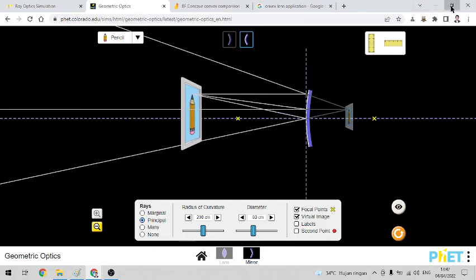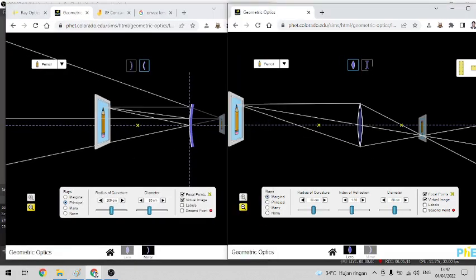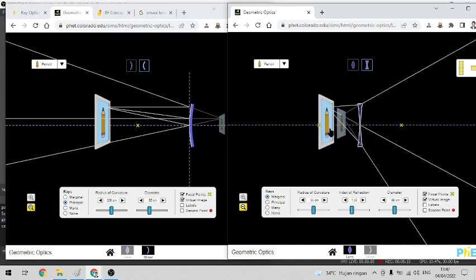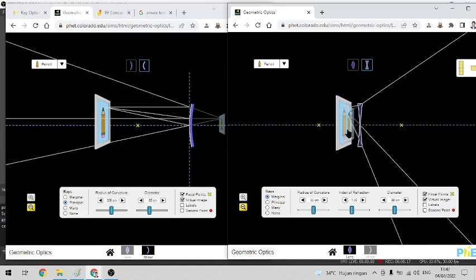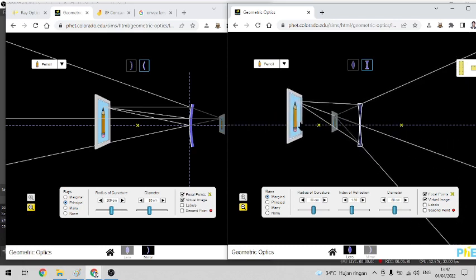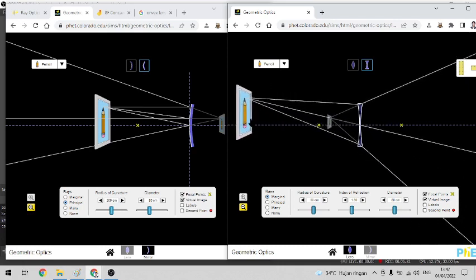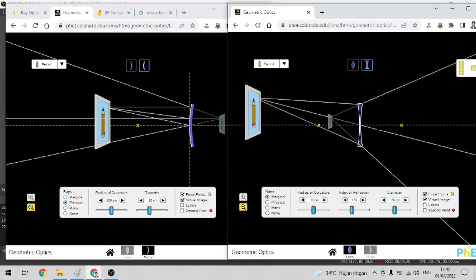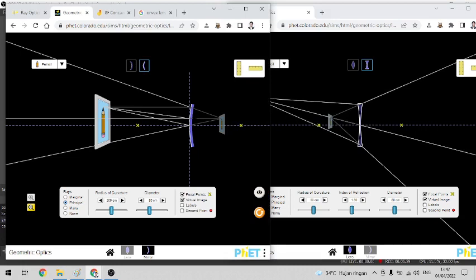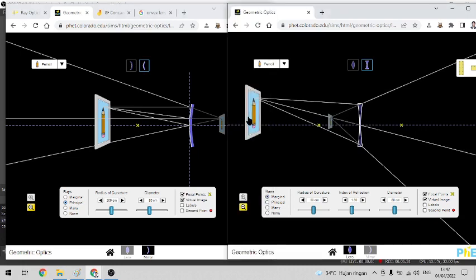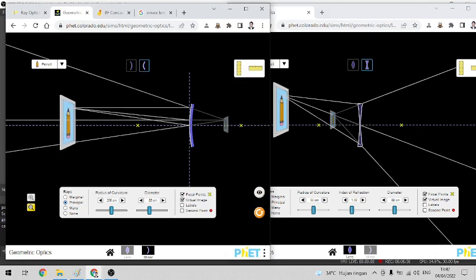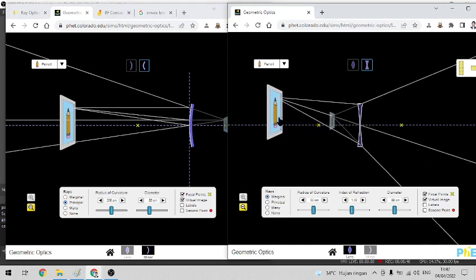As you guess, it will be similar with concave lens. In concave lens, the image created, you can see, no matter how far or how near, is always smaller and always upright. It's impossible for concave lens or convex mirror to produce an inverted image. It's always upright. See? So that's the comparison, the similarity between convex mirror and concave lens.